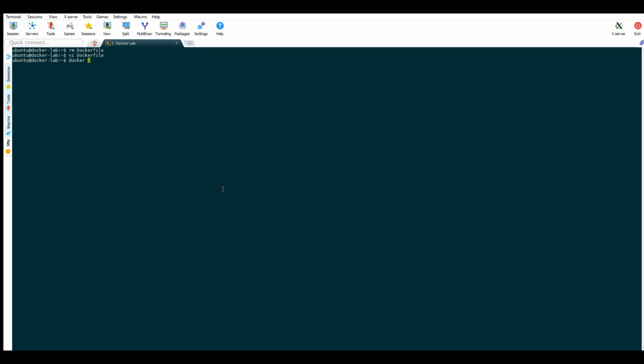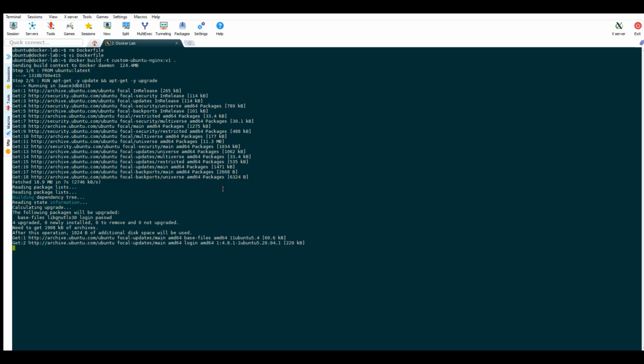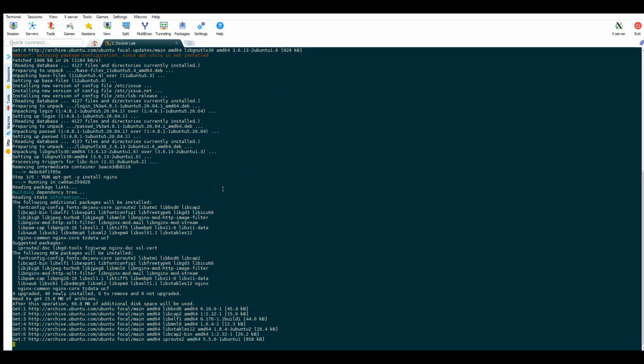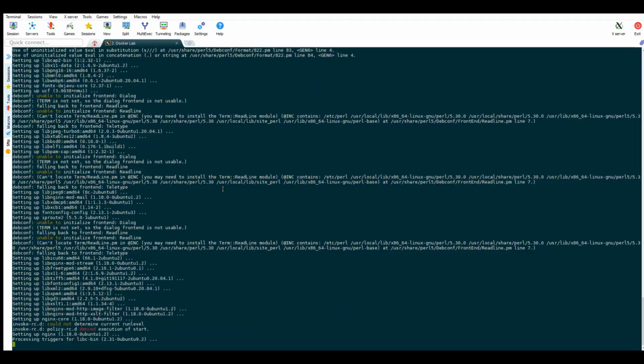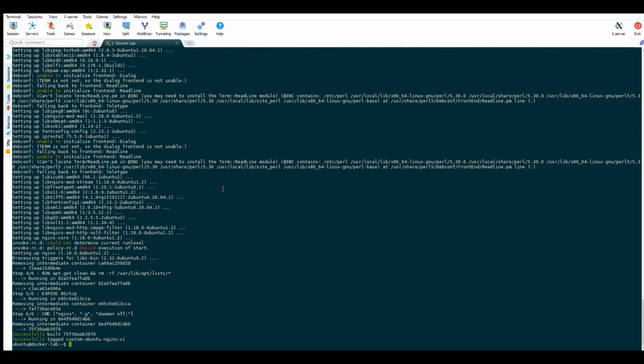Now we can build the Docker image using the docker build command, and here we put -t and then the name of the image, the tag of the image with a colon separator, and then the directory where the Dockerfile is located. Our images are now built on layers based on the instructions that we have given in the Dockerfile. I'll pause the video for the image build to complete. Our image is now created, as you can see, using the docker image ls command.